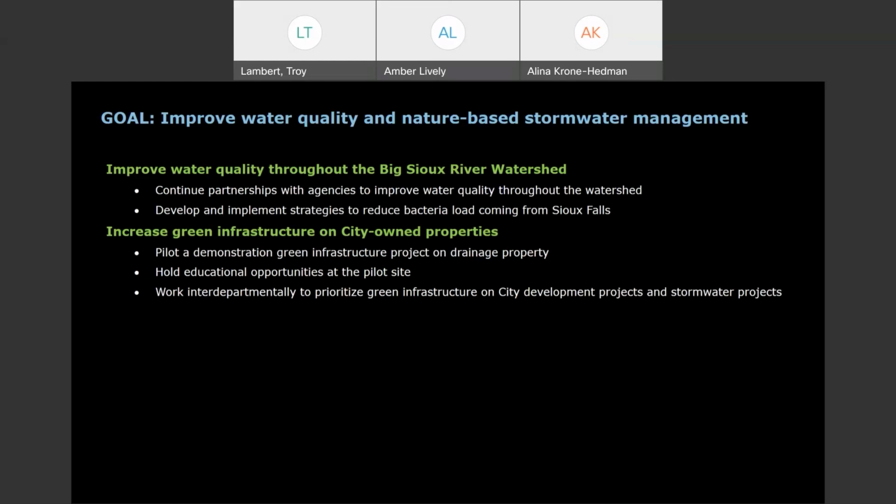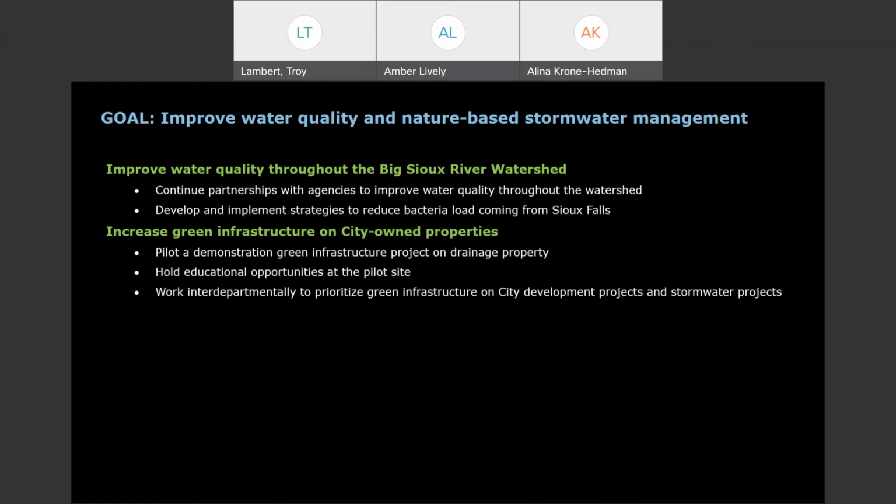Next, we have increased green infrastructure on city-owned properties. So we piloted a demonstration green infrastructure project on drainage property. Hold educational opportunities at the pilot site. Work interdepartmentally to prioritize green infrastructure on city development projects and stormwater projects.